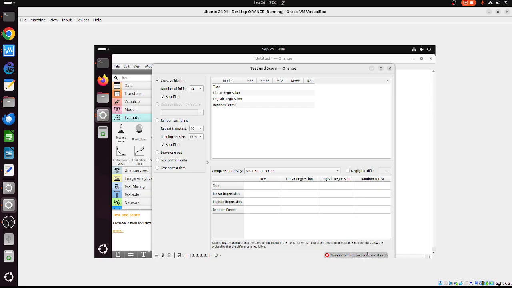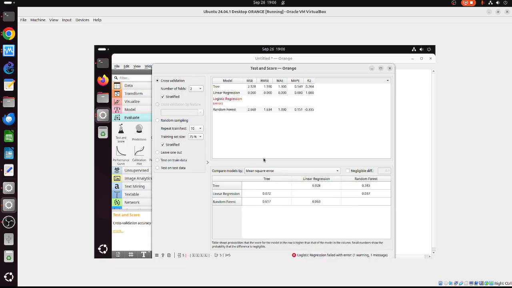The number of holes exceeds the data size. I need to change the number of holes. Only 2 folds. So if I use 2 folds, no. So this one is